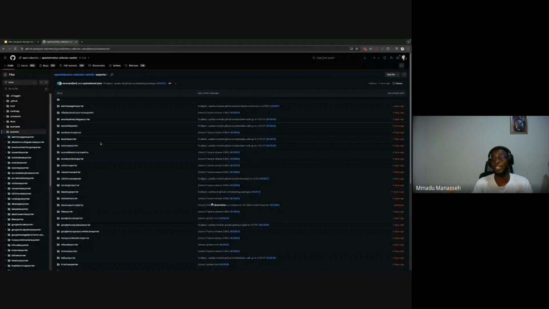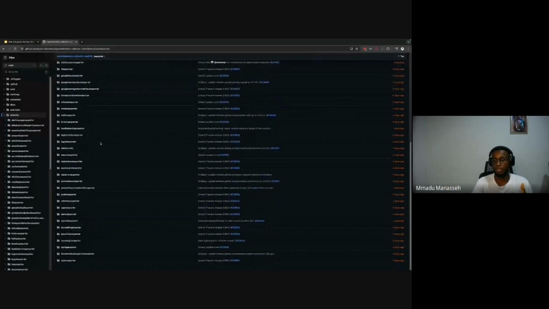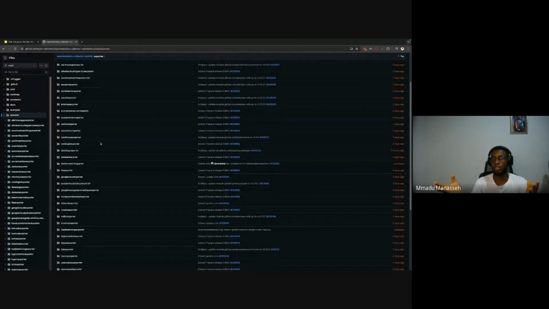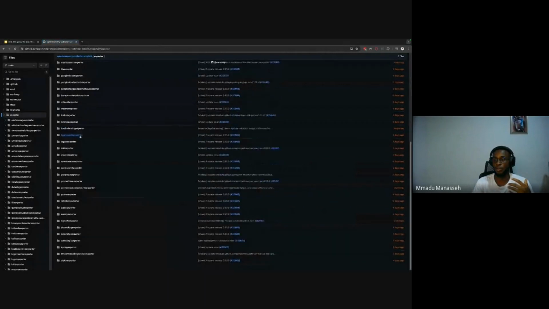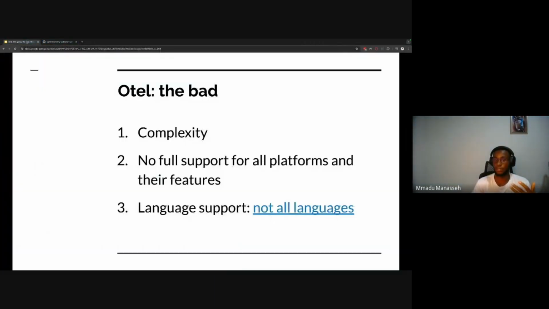That's like possible backends you can have, right? But these are not all the backends because I'm pretty sure that all the monitoring solutions are more than this. So we can see that Otel doesn't have support for all the platforms that are available. So depending on what platform you want to use, you might not be able to use Otel. You have to check and see if the platform you want to use is among the exporters here before you can use Otel. That's one of the bad things about Otel.